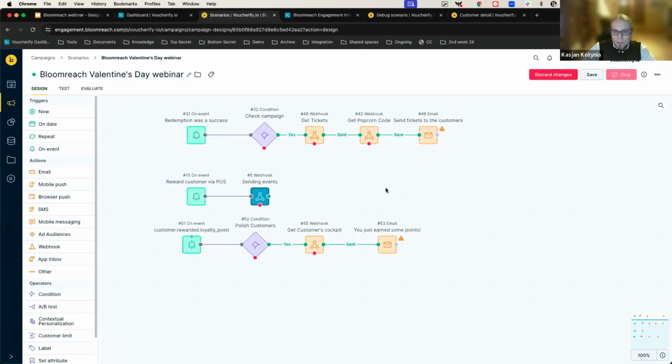we defined a loyalty campaign that will reward the customer with points whenever there is a specific action taken by a customer. Those actions can be, for example, a customer made an order, or the customer paid a specific amount of money for those orders. Once Voucherify assigns the points to the customer, we are sending the confirmation event to Bloomreach Engagement, and